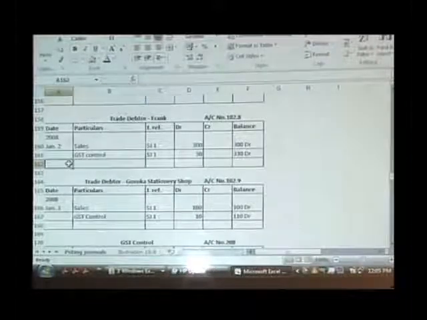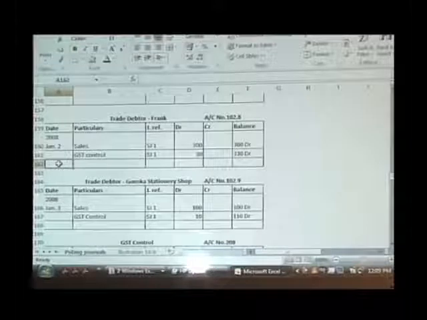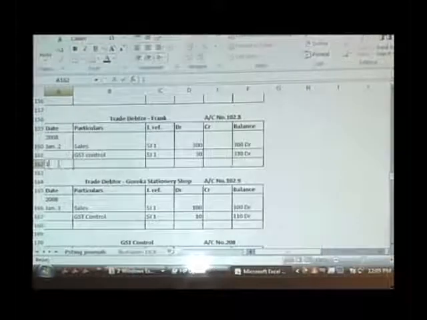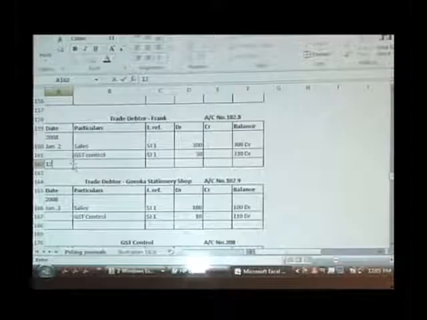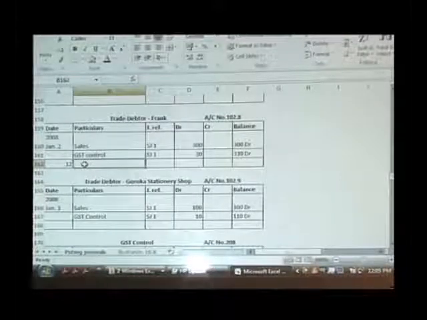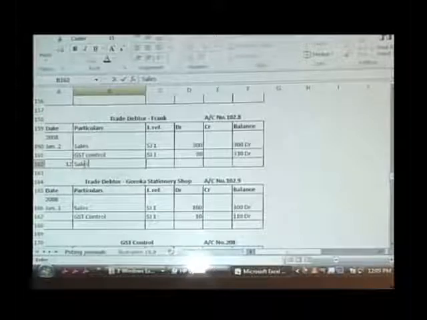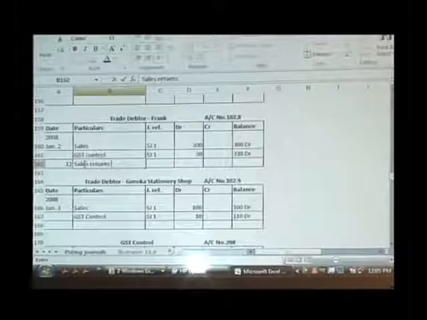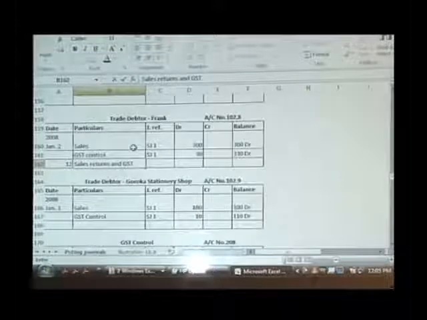The date is 12th. Sales returns and GST. Now we learn how to post